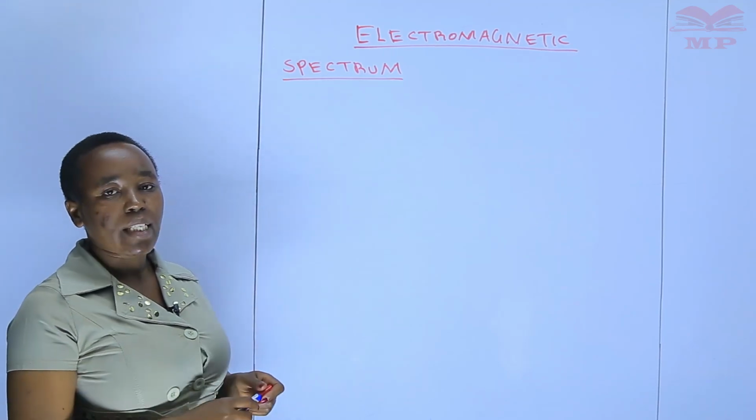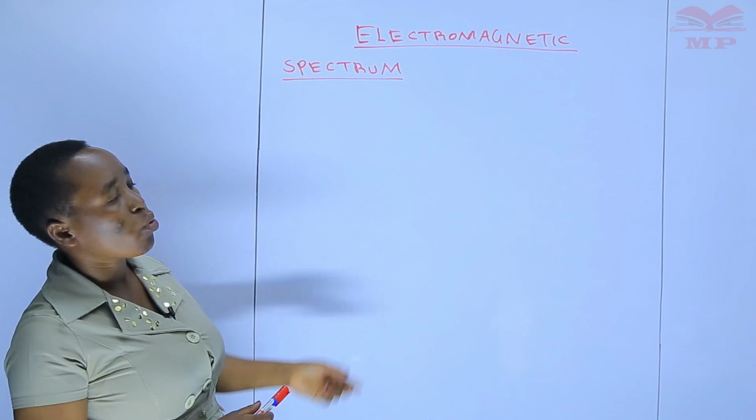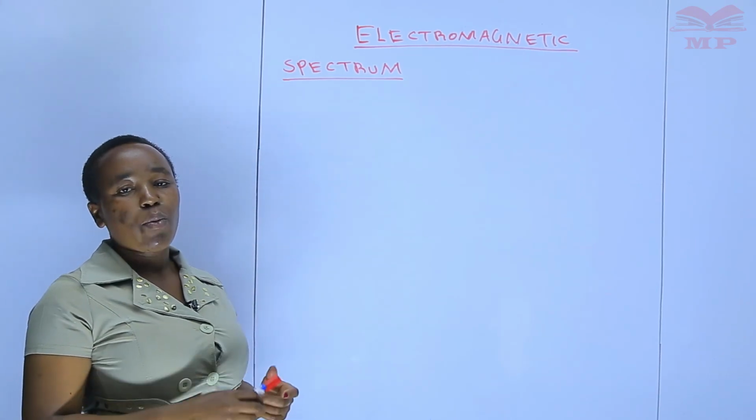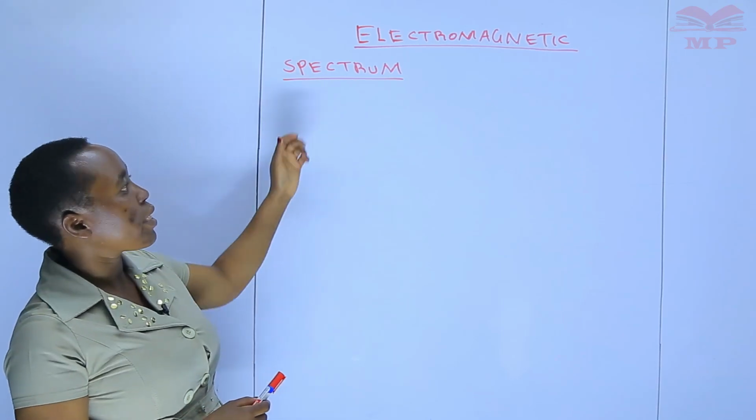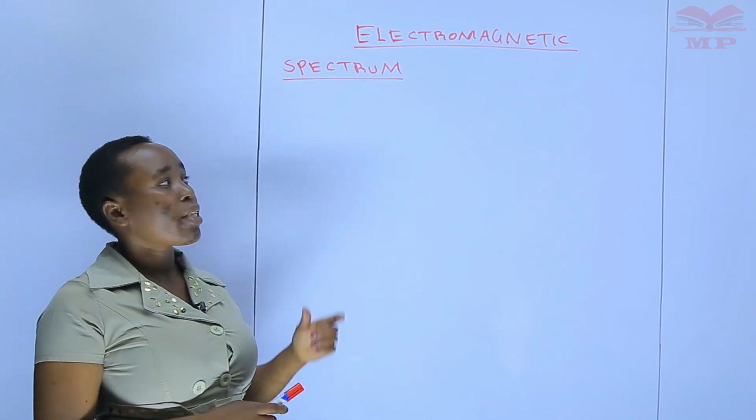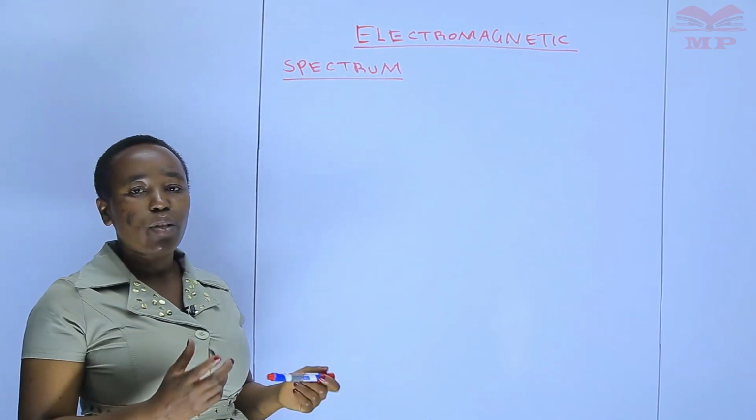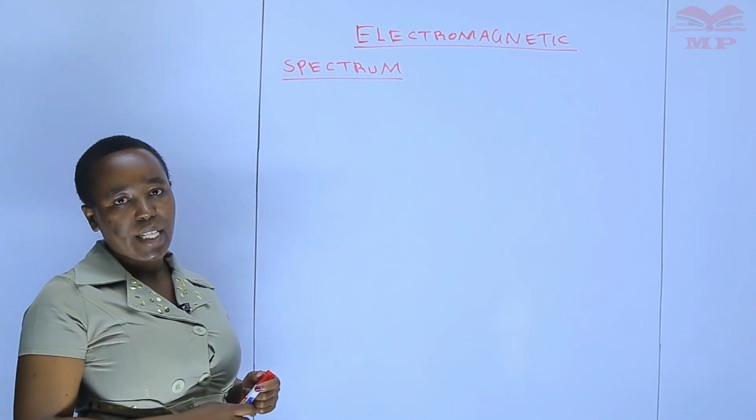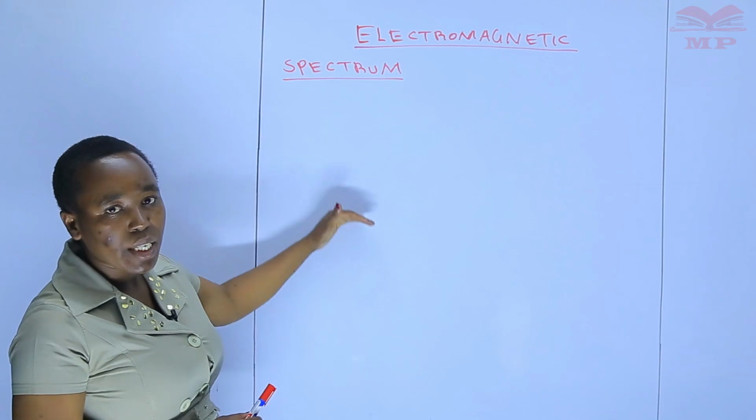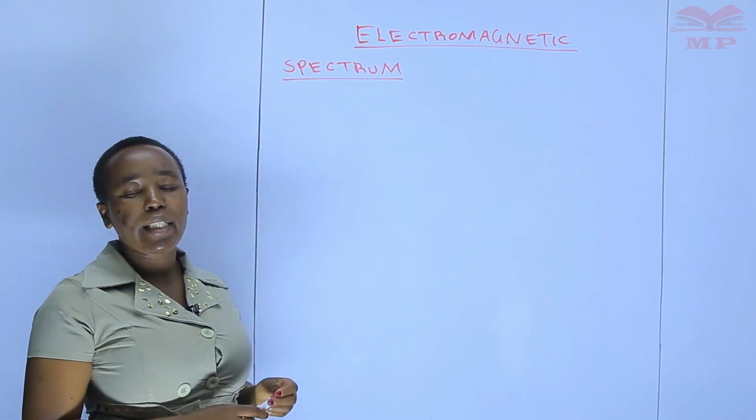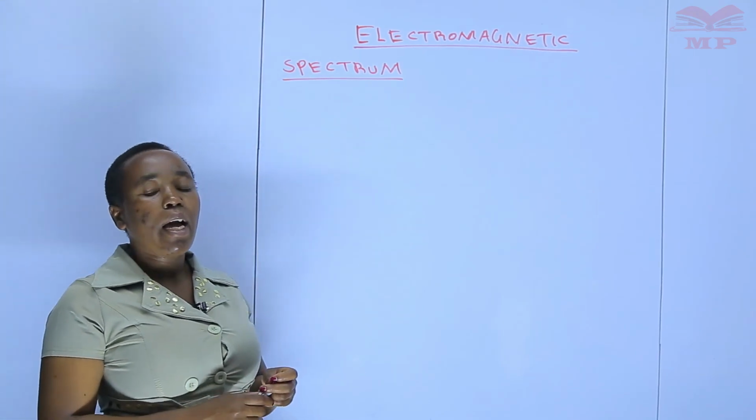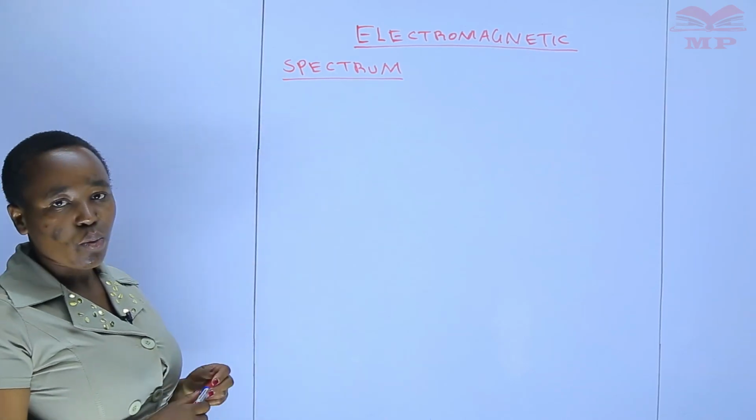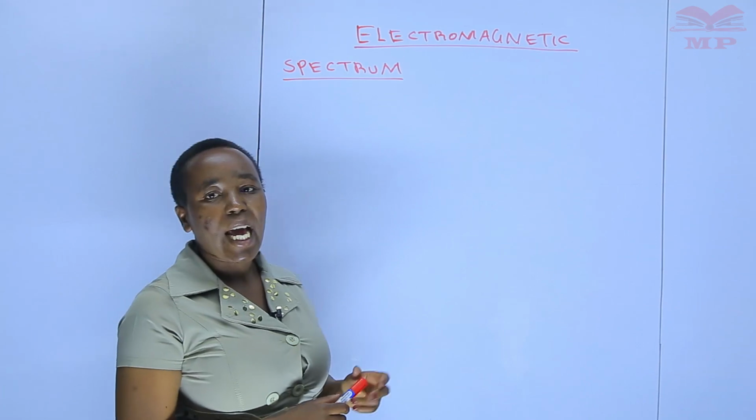From the previous lessons, we have been able to know what we mean by an electromagnetic spectrum. An electromagnetic spectrum simply refers to the electromagnetic waves arranged in order of their frequencies or wavelengths. And we were able to list down all those electromagnetic waves, the 7 of them, in order of their frequencies. So during our lesson today, we'll look at the hazards